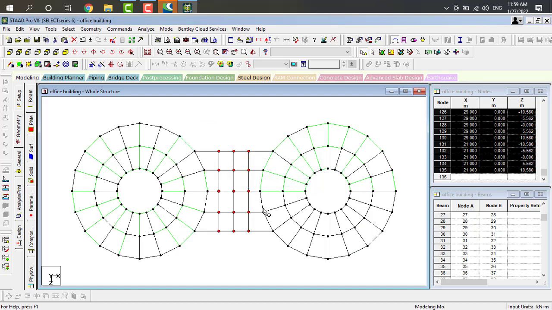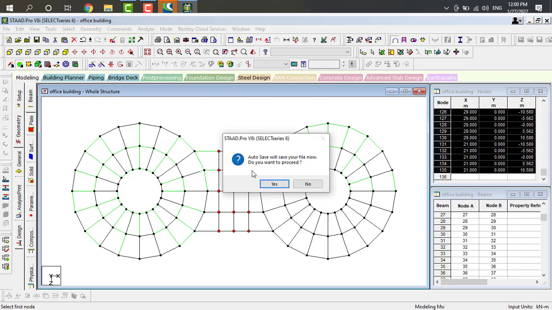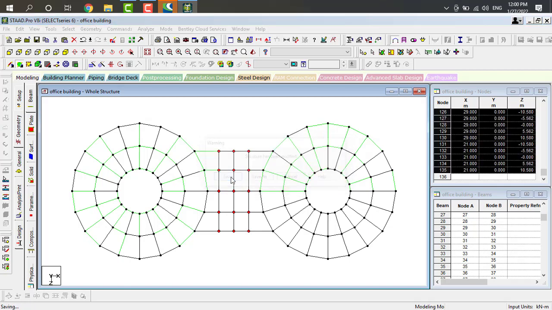Here our beams are selected. So again we have to take a plate cursor, 4 node plate. Just select this. Just click on this and save it. Again view the plates like this.